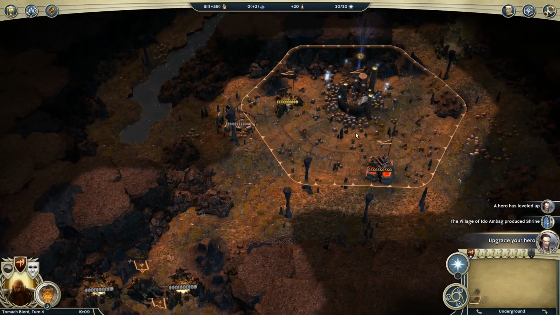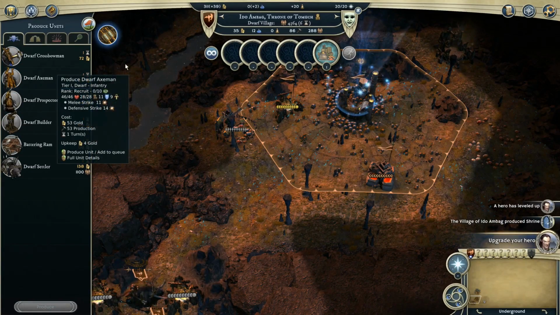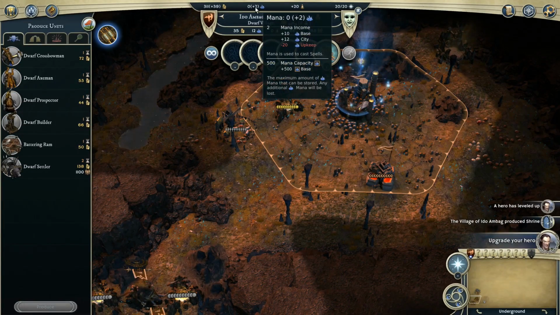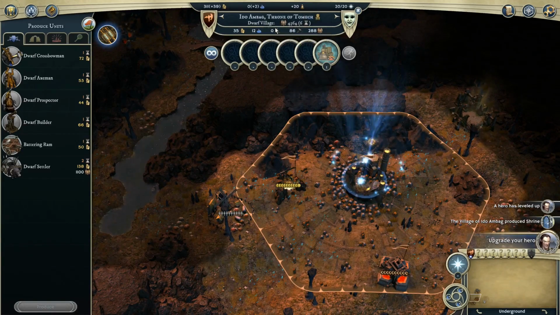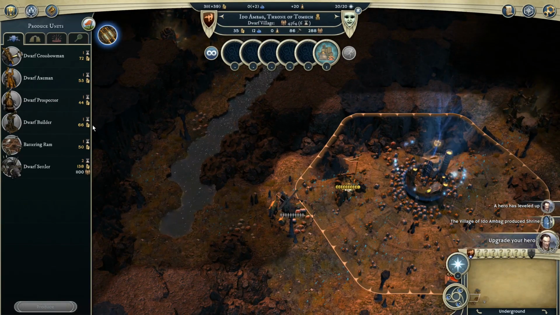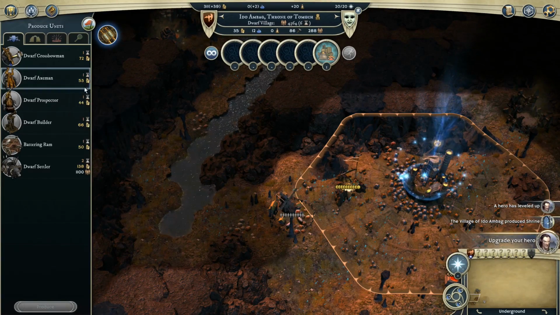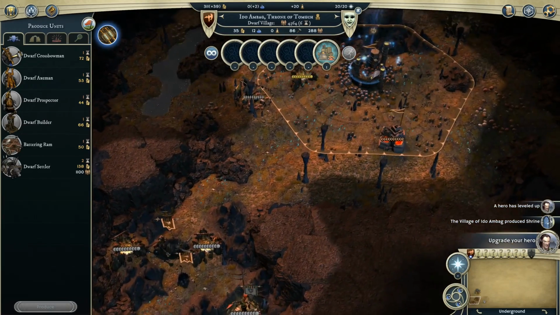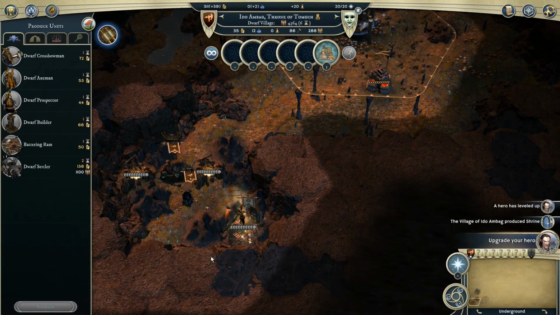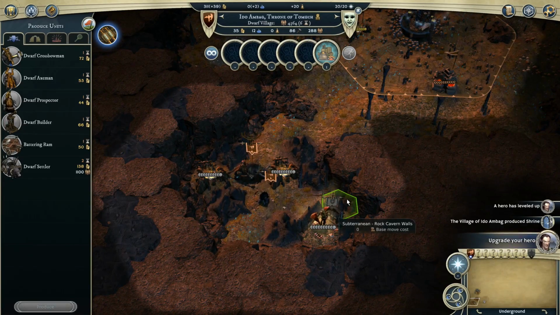If I'm patient and I use... Okay, I did finish my shrine. I'm actually, for some reason, getting 2 mana per turn. I'm not even sure why, but I'm not going to complain about it. I can build anything in here in 1 turn, which is basically axemen, crossbows, and prospectors. If I build a prospector, run him down here, I could make a tunnel there and get more units into this fight. Or I could even...